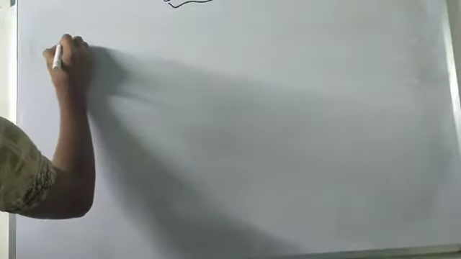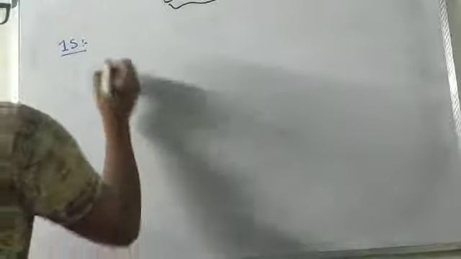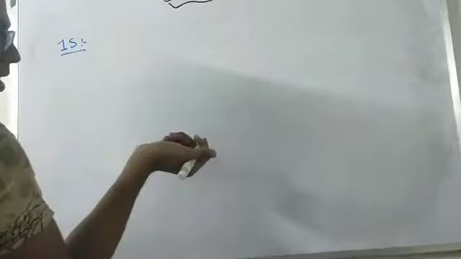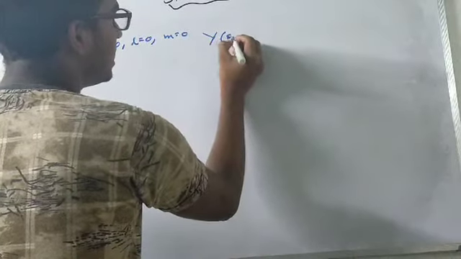For the 1s orbital, my quantum numbers are n equals 0, l equals 0, and m equals 0. So what should be the representation of the angular wave function? I will write it as theta phi,